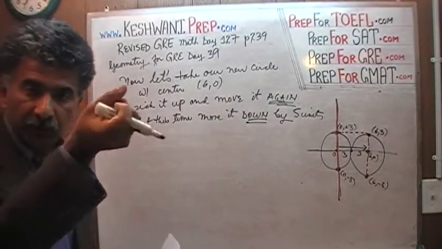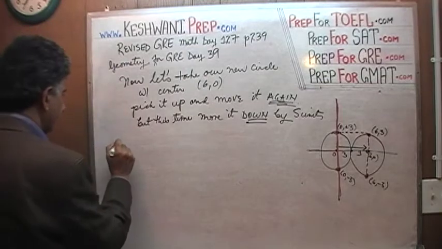We're going to pick it up one more time and pull it down by 5 units. And as a result,